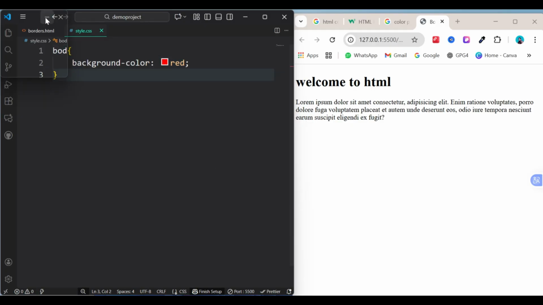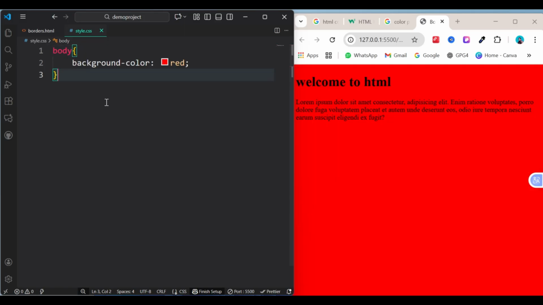Just change the spelling. Body. So the body color has been changed. So this is actually a color name. We just write the color name directly. So this is one way. Now we can also write,